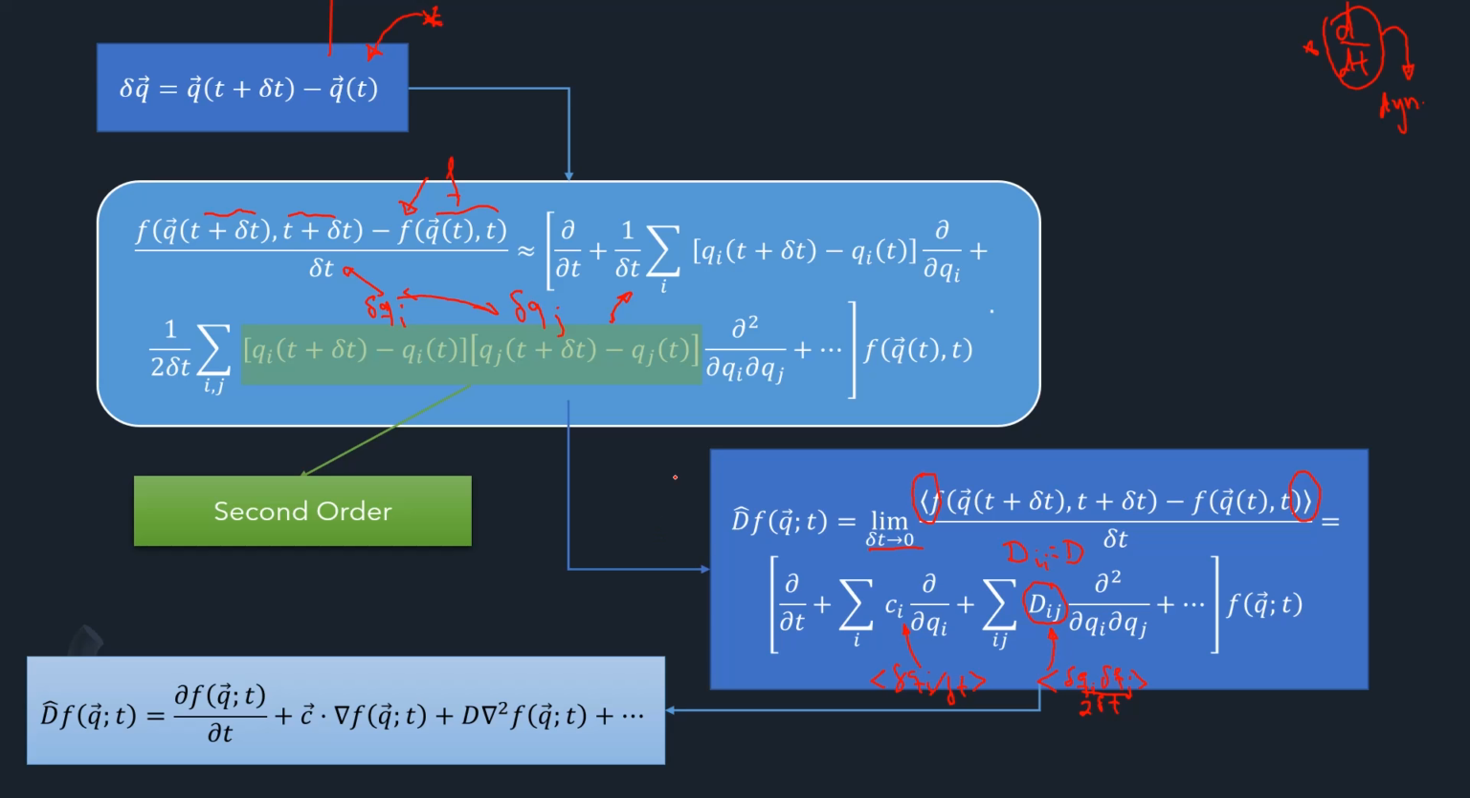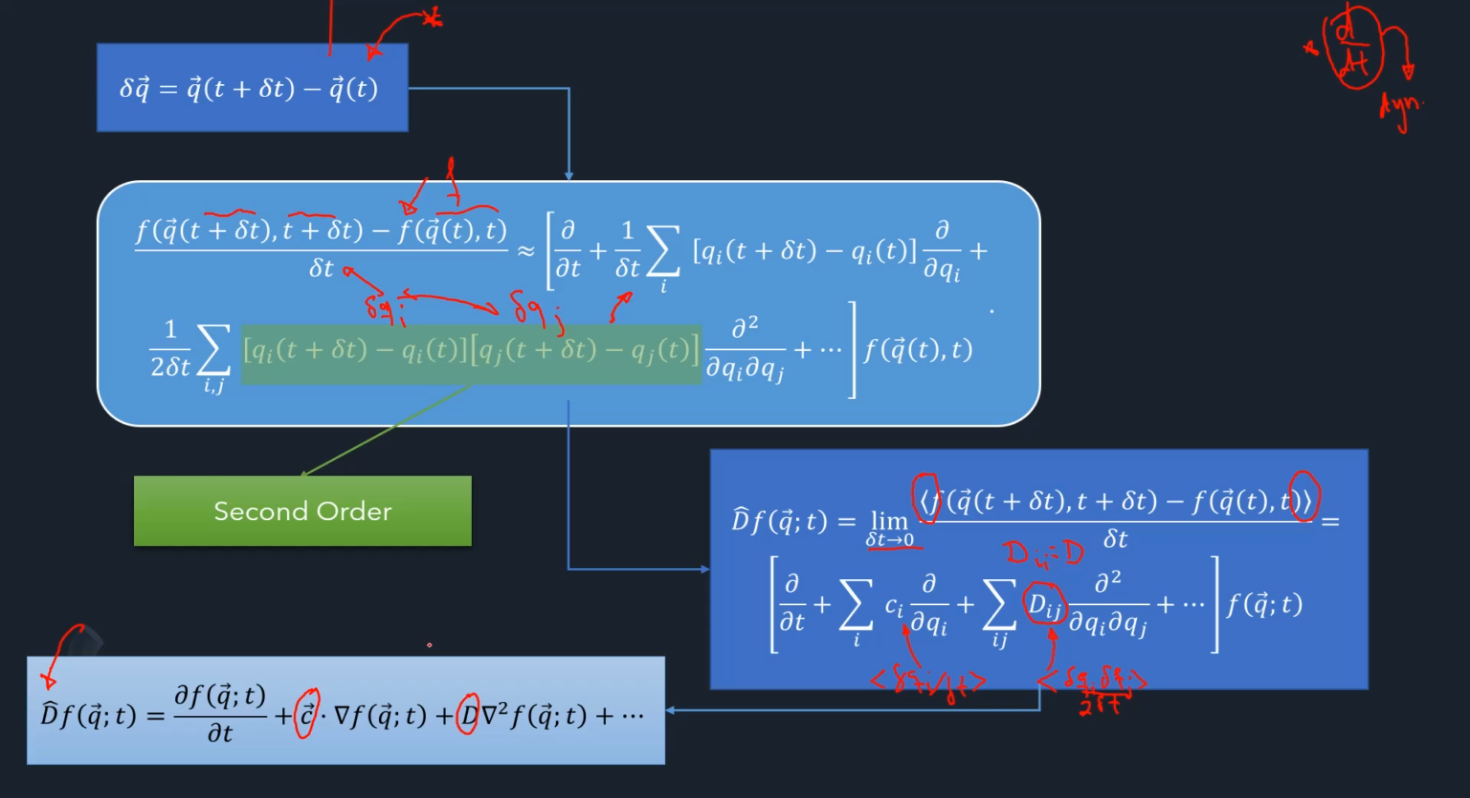Then we finally express this derivation operator in terms of c, our general velocity, which encompasses both the systematic and the stochastic derivative, and this constant d. Okay, this is a first result, which is very important. We now may ask how this